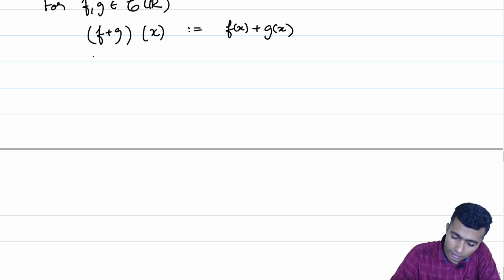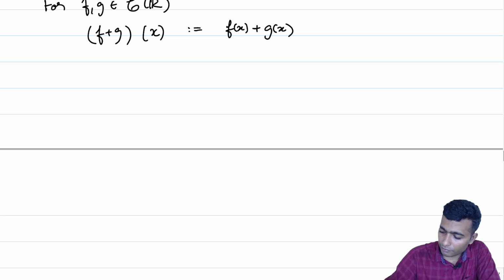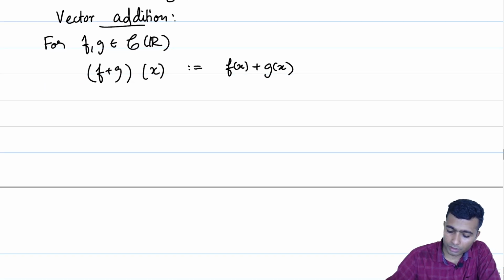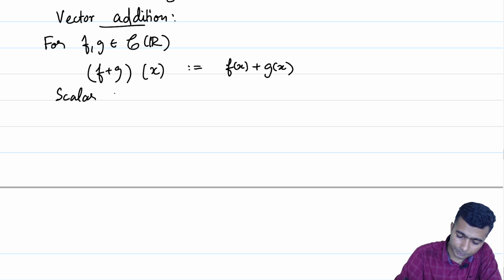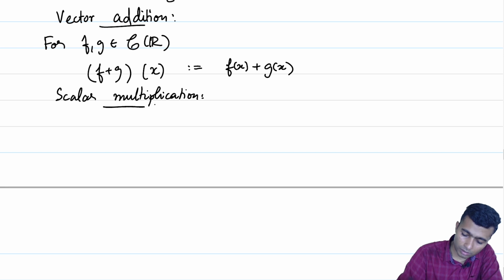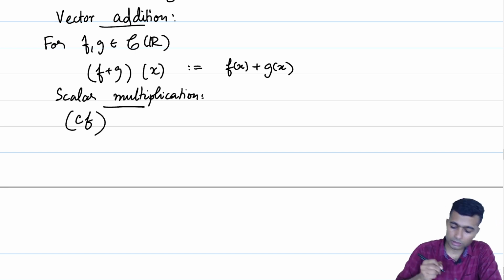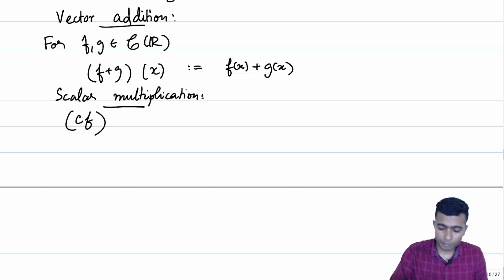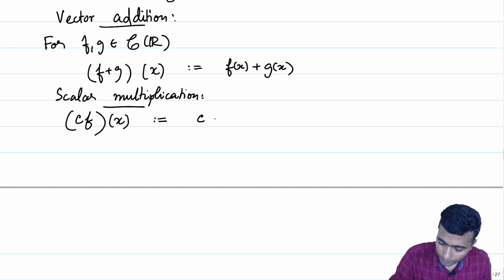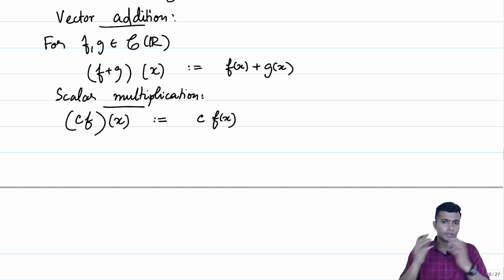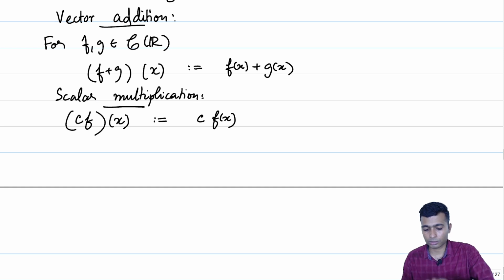And the scalar multiplication. So, this is the vector addition we have just defined, right. Scalar multiplication, again, C times f. This is as of now just a notation, and let me say how this is a function on R. This is defined as the scalar C times f of x. Now, f is a function from R to R, f of x is hence a real number. So, C times f of x is another real number. So, define Cf to be this particular function.